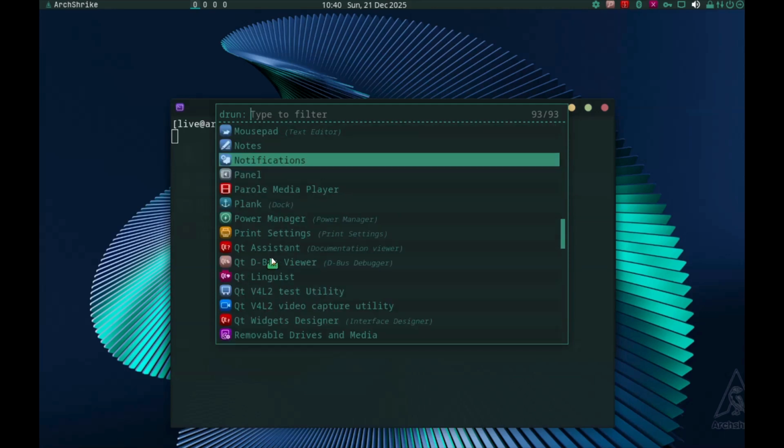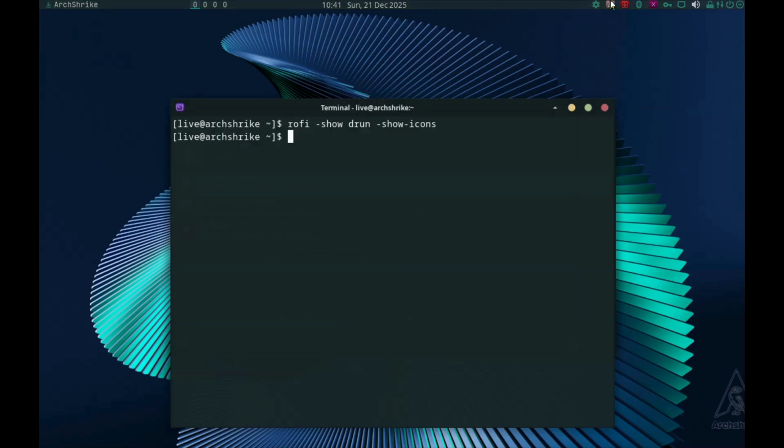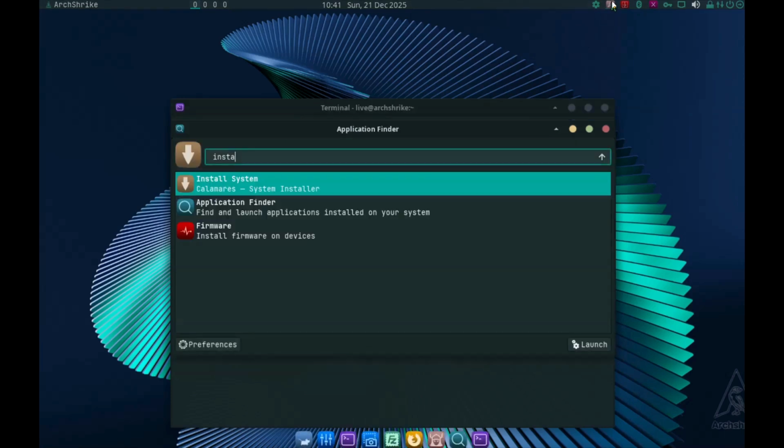I mean, it doesn't have a key. I didn't create any key because I realized that for some reason this app finder works well, it works better than the Rofi. So here in this ISO I didn't include the